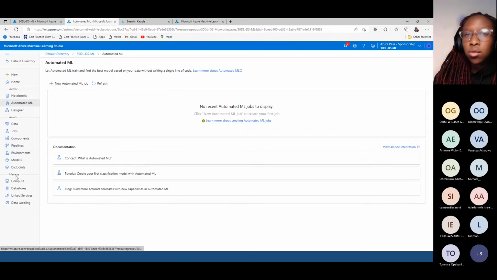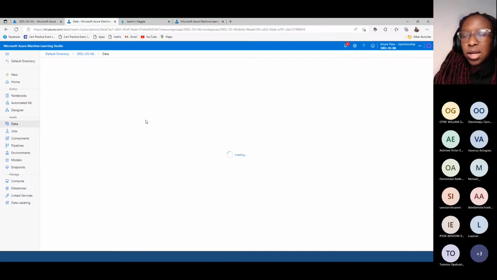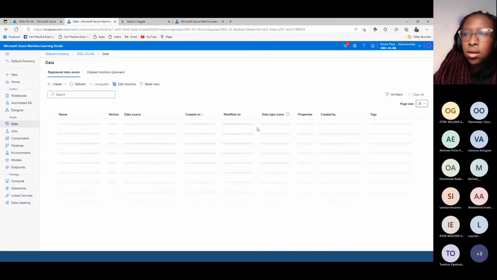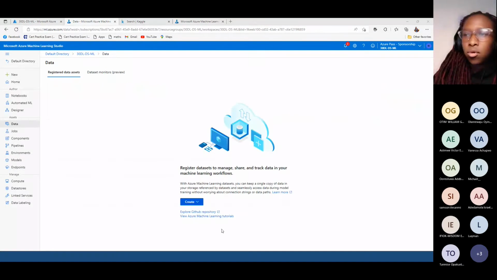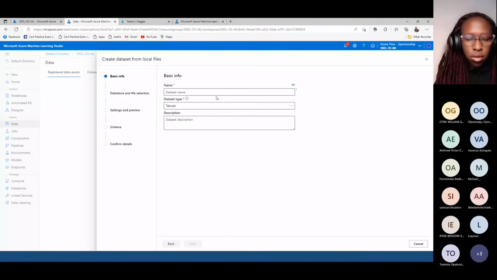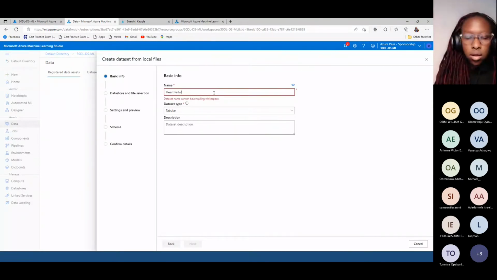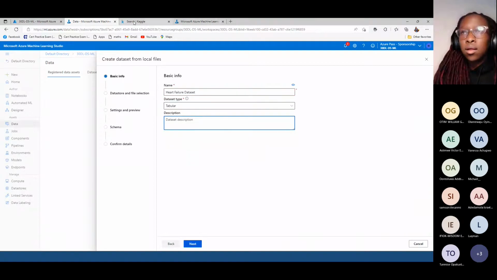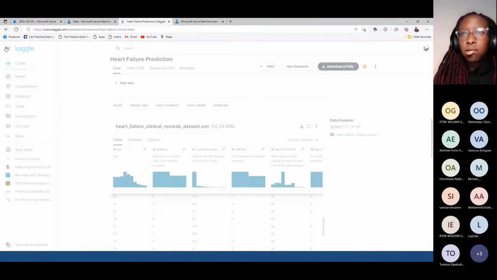the Azure Machine Learning Studio, go to data and upload our data. So let's give it a minute and we'll create. So we'll upload from a local file. And then the dataset name will be heart failure dataset. The data is tabular, as you've seen. The data is in a tabular format. And